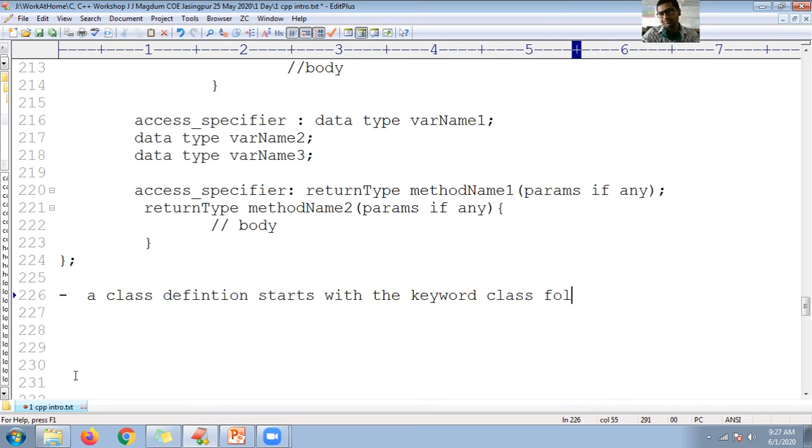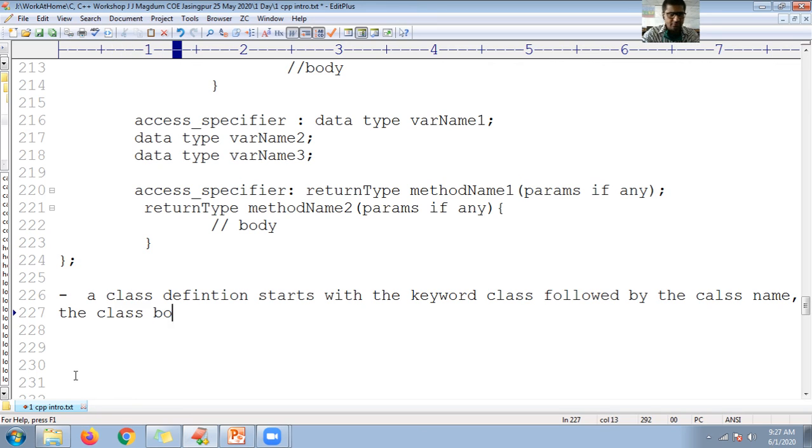Followed by what? Very good, followed by the class name. If there is any spelling mistake, guys, please excuse. Then the body of the class, or you can call it the class body.